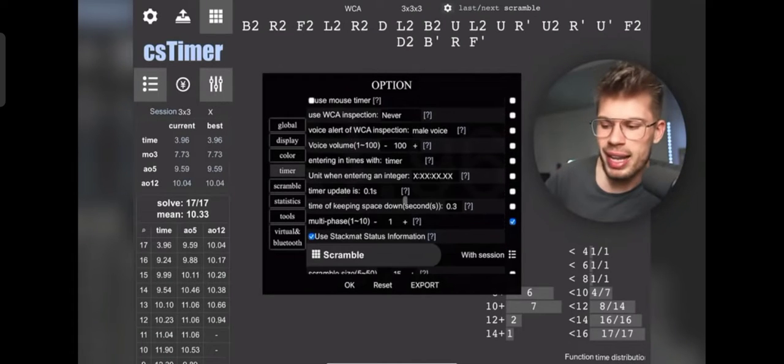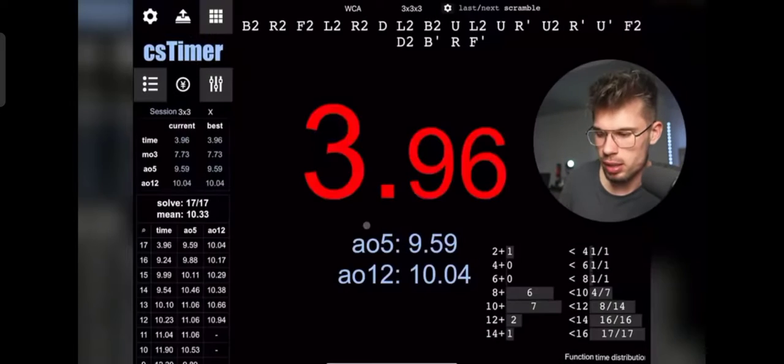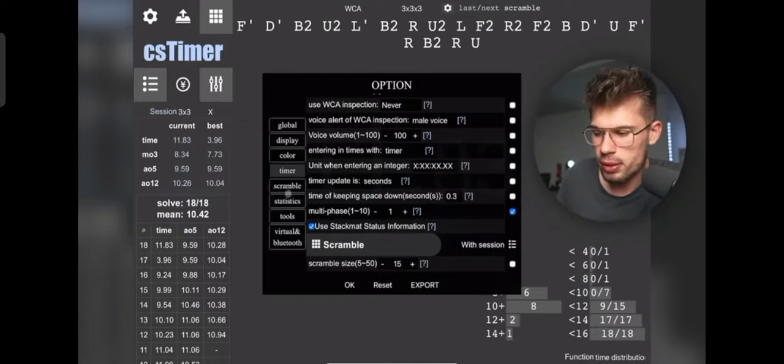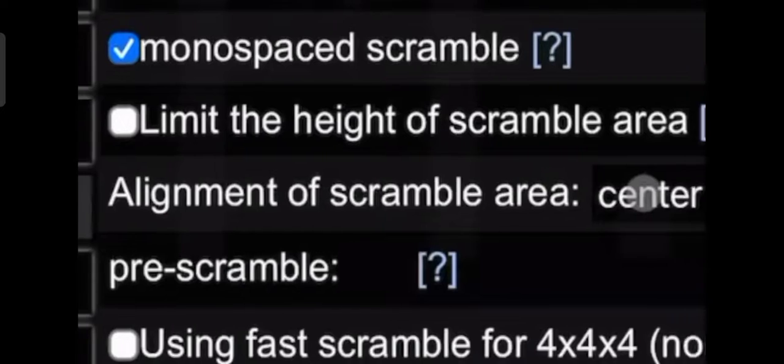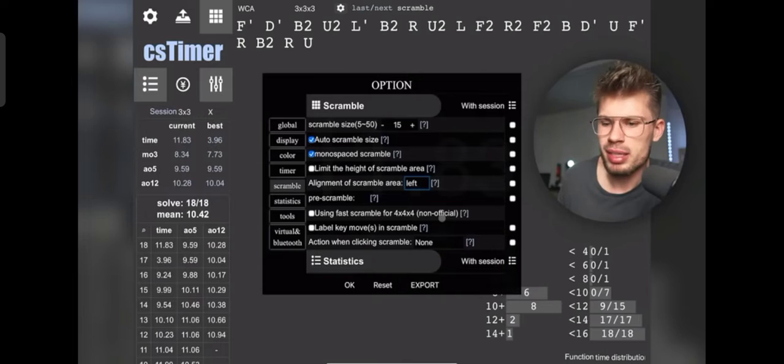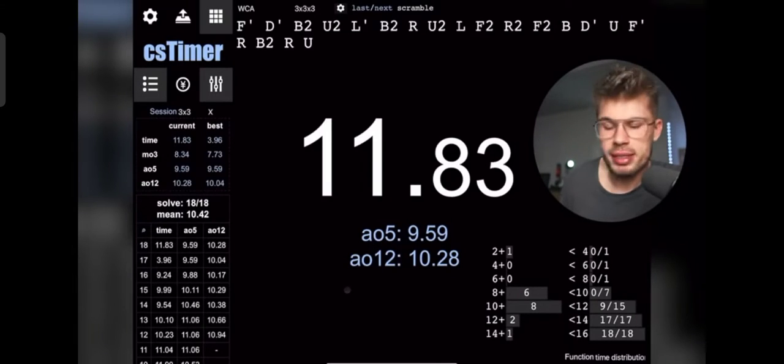change some stuff. I like to set my timer update in seconds so that when you're timing, it actually just shows the second itself. And right here under scramble, I like to set the alignment to the left side. That's just personal preference. And if you've done all of that, csTimer looks like this, and it actually looks decently